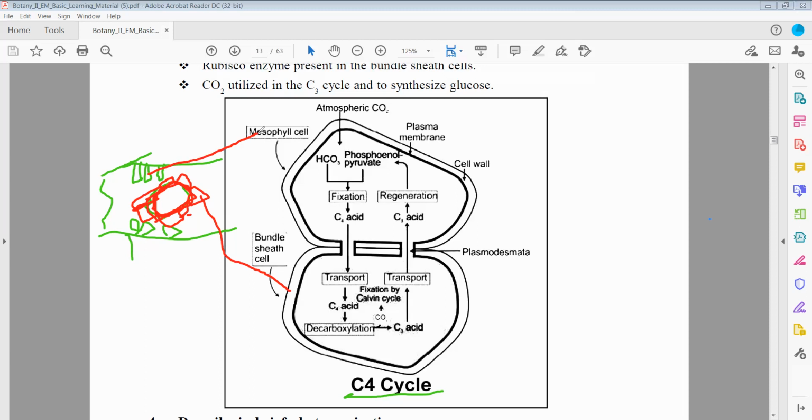First, what happens? Carbon dioxide from the atmosphere is taken up by the mesophyll cell. Now carbon dioxide is entering, which is converted into